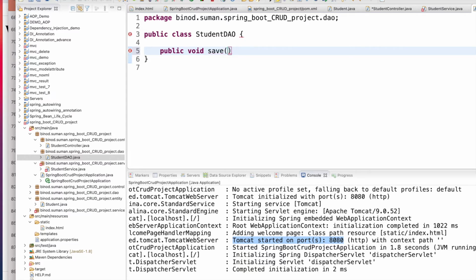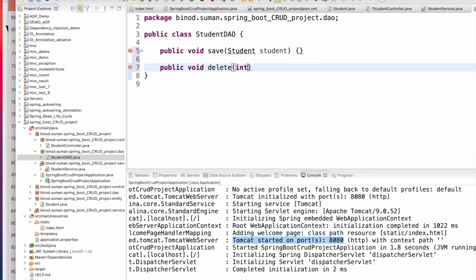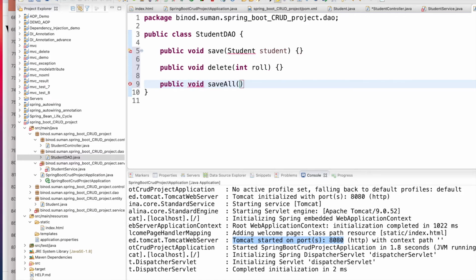I can give the student, and they can save the student. The similar way we should have a method to delete a student. If I give the row number, they can delete the student, right? The same way, if I send bulk students, a list of students, we need a save method for that.